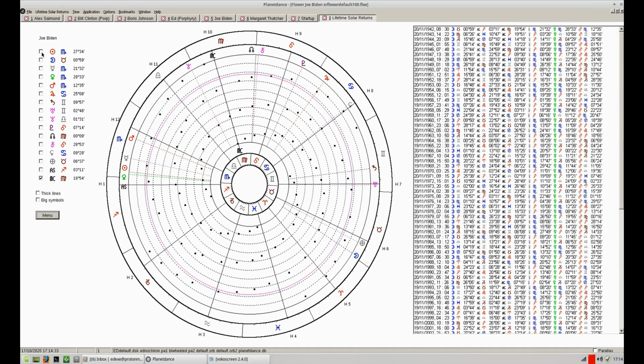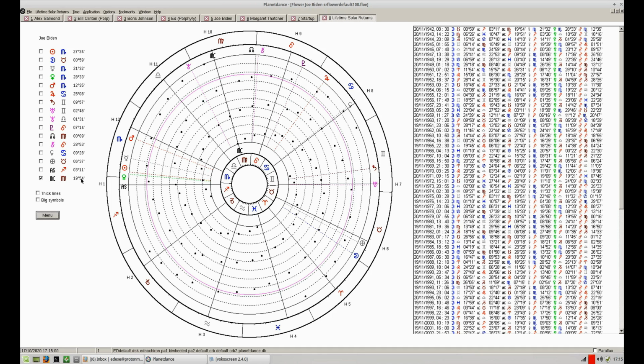On the left of the screen you have the option to switch on and off the return positions for the planets, the node, Chiron, Lilith, Fortune, Ascendant, Midheaven. And this module is open showing the midheaven positions for Joe Biden.